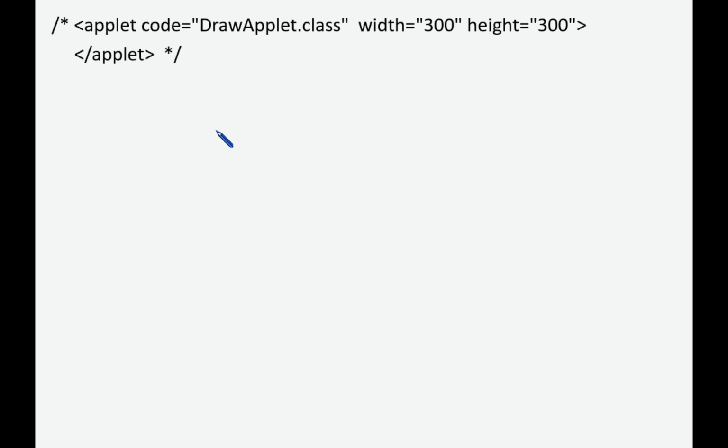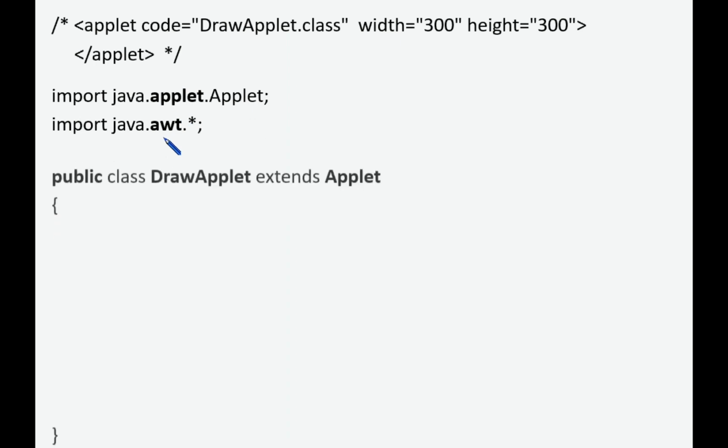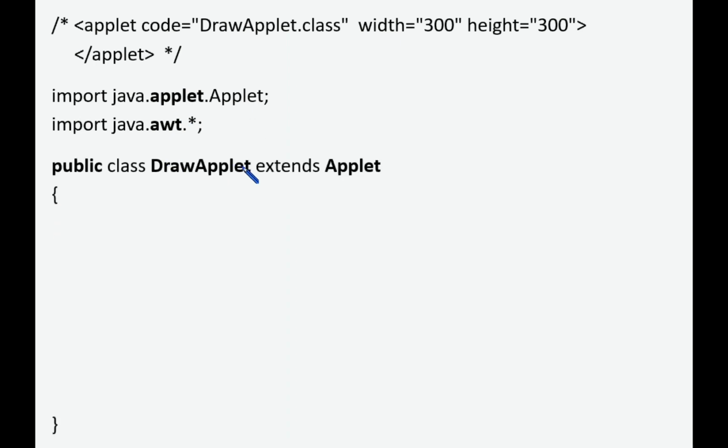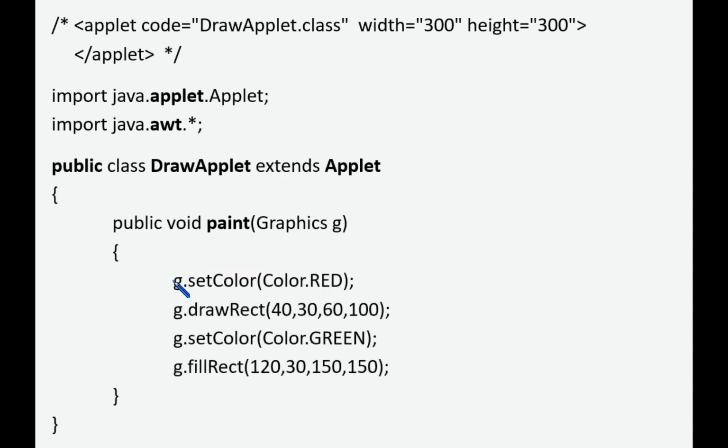See this code so that you can easily understand. First we are using the applet code within this command line. Then we are importing the packages, namely applet and awt. Now we are going to define our class which extends Applet. Within the paint method, we are going to draw a rectangle. First we are setting the color by using the setColor method. Color is a class, whereas red is a final static variable of this Color class. We are going to draw a rectangle. So what are these four values? First is the x position, y position, width and height.